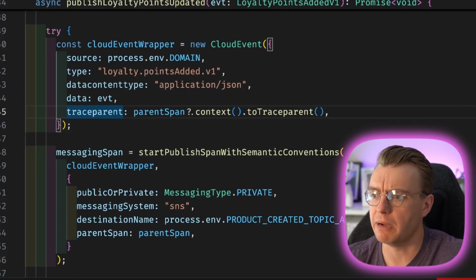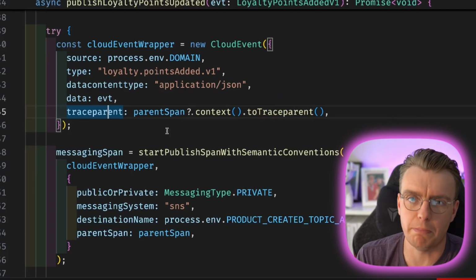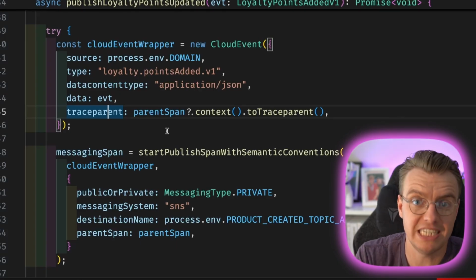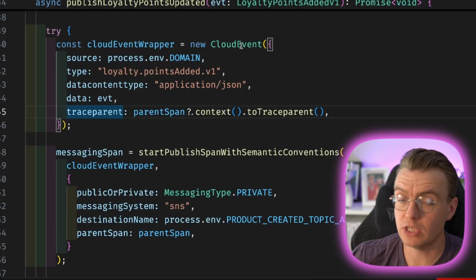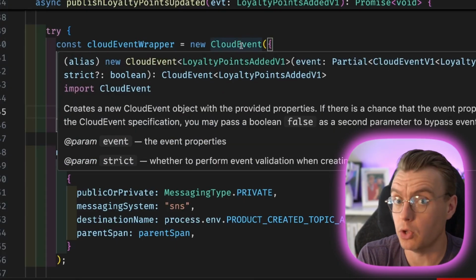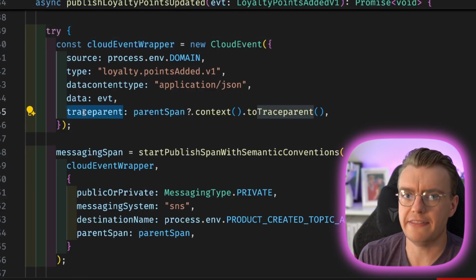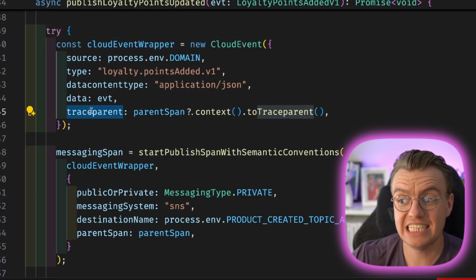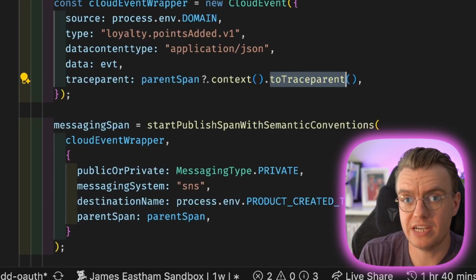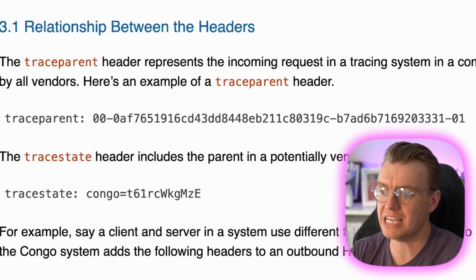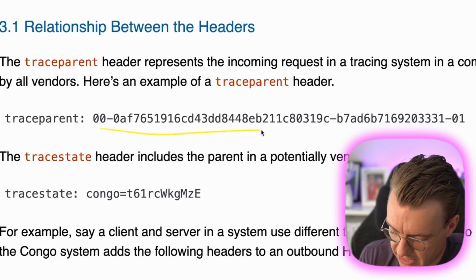So to give you an example of how this might work, here is a code example for a message that's being sent to Amazon EventBridge. It largely doesn't matter what the programming language is or what the message transport is in this scenario. And when I create my event that I'm going to send, I'm using the CloudEvents specification here, which there'll be a video on later in the series. When I add all of my information about my event, I also set this trace parent property. And I set that trace parent property to the current trace parent. What this toTraceParent method call gives you is it just creates a string that matches the W3C trace context, which is this lovely looking thing just here.